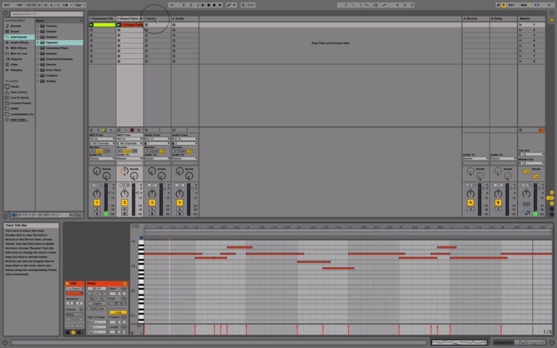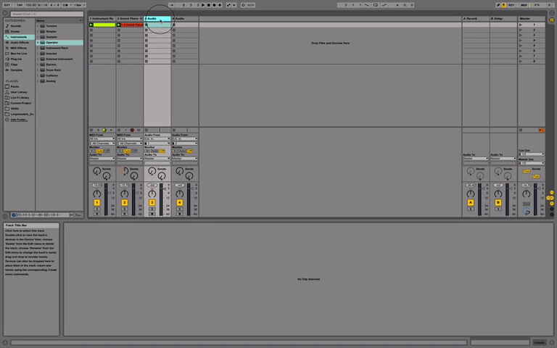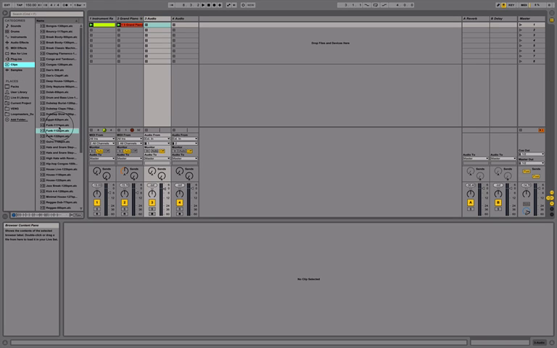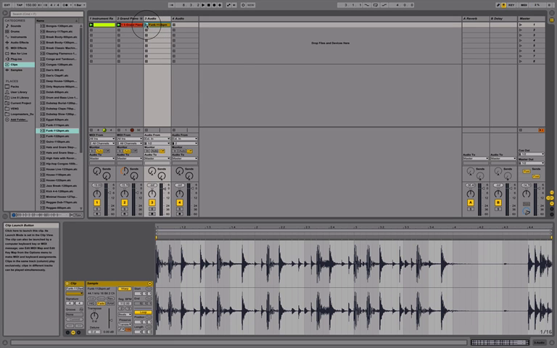Now what I'm going to do is use one of the clips available to us in Ableton's library. So I'm going to use one of these audio tracks. I'm going to go to my clips folder, and there's a funk right here. And so I'm just going to click and drag that, drop it into a clip slot in the audio track. And now if I play that with the others,